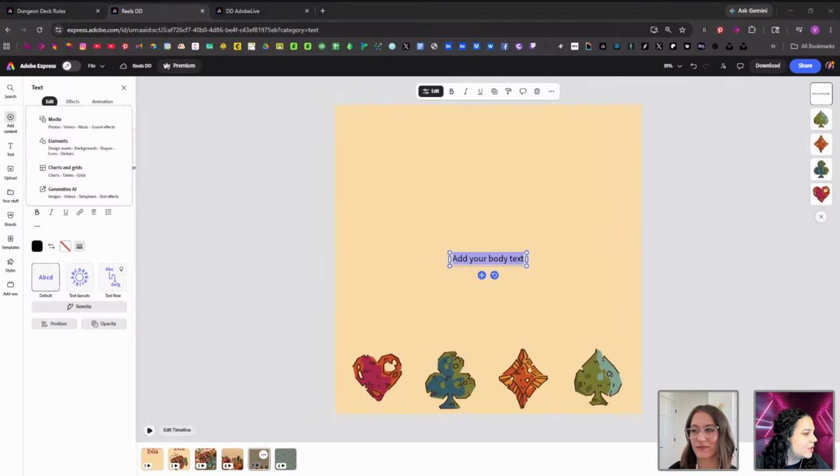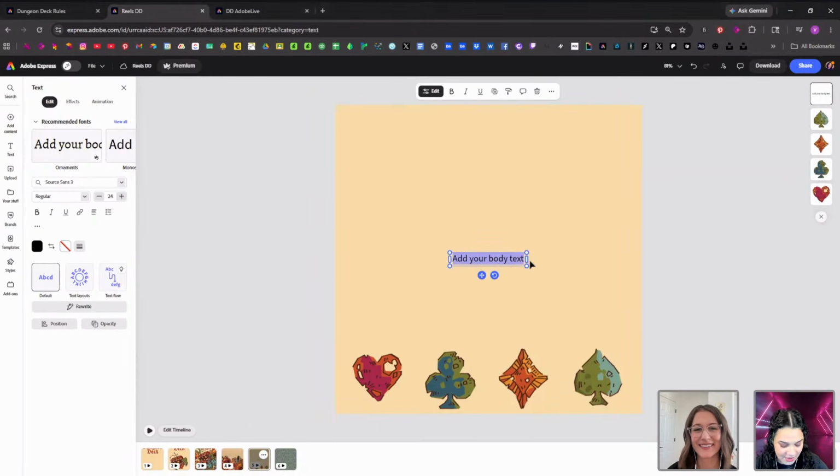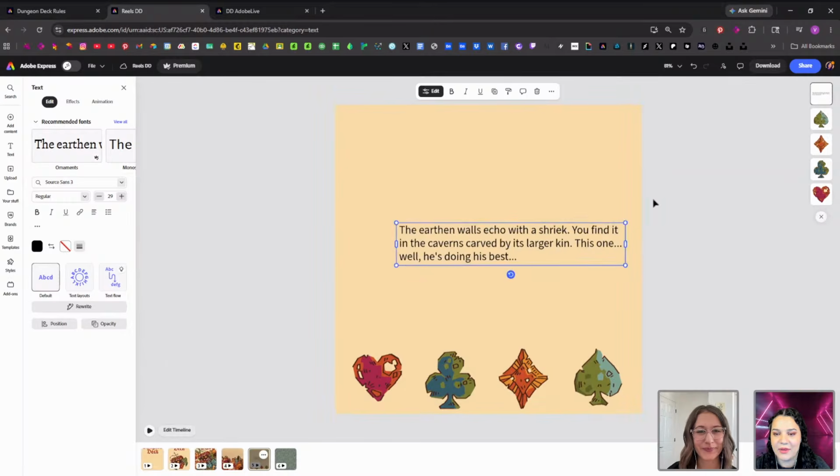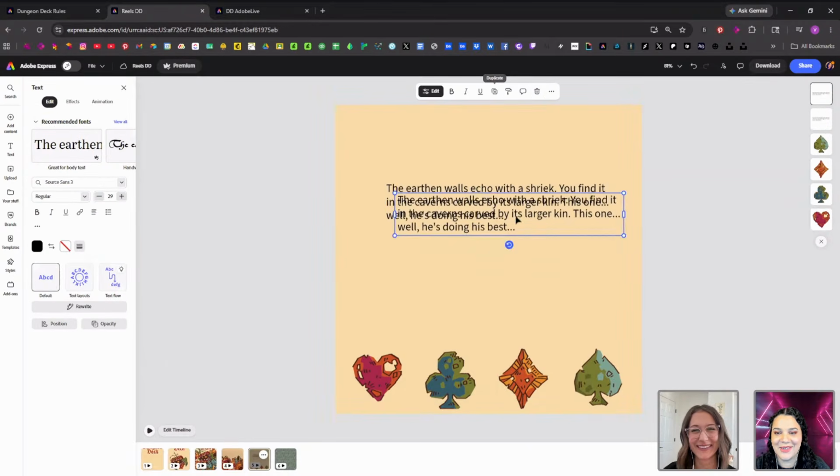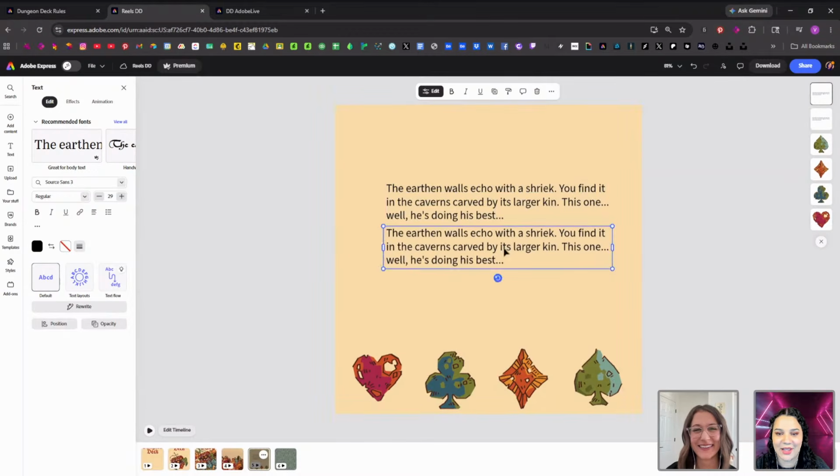I am going to just grab some of our flavor text, some of our lore, and put it in here as placeholder. Please, more lore. Yeah, I love the lore. So that's going to be there, and I'm going to duplicate and just have two separate things. We'll put the flavor text for Fishwife in here.